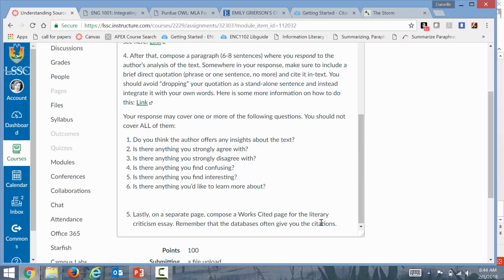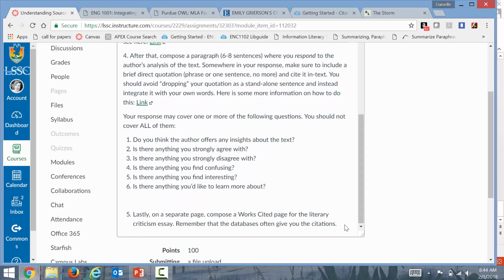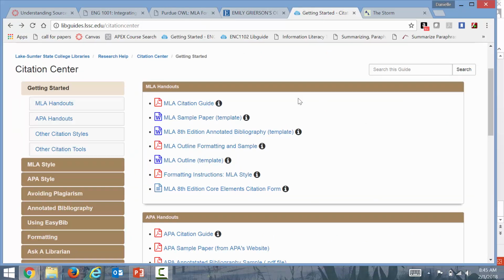And then finally, on a separate page, you want to compose a works cited page for the literary criticism essay. Remember, the databases often give you a citation. I will also put a link here to a sample works cited page, but remember that a works cited page, if I can show you here,